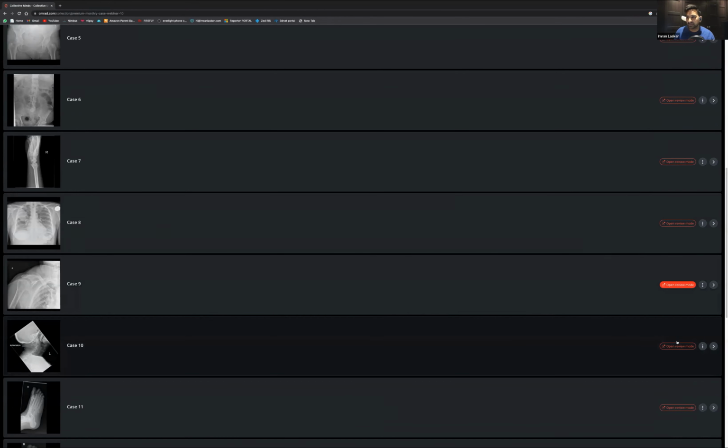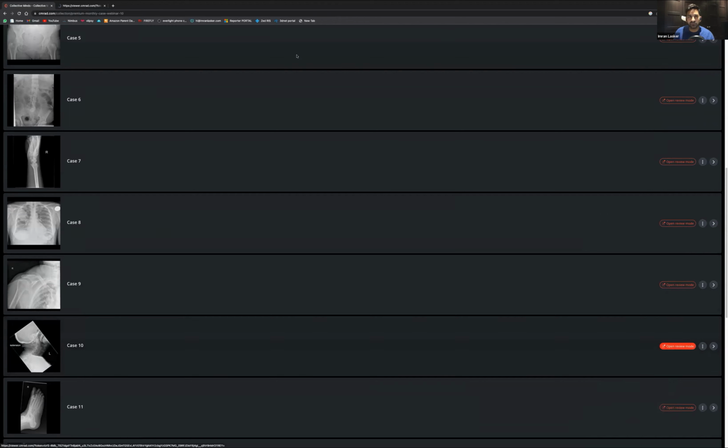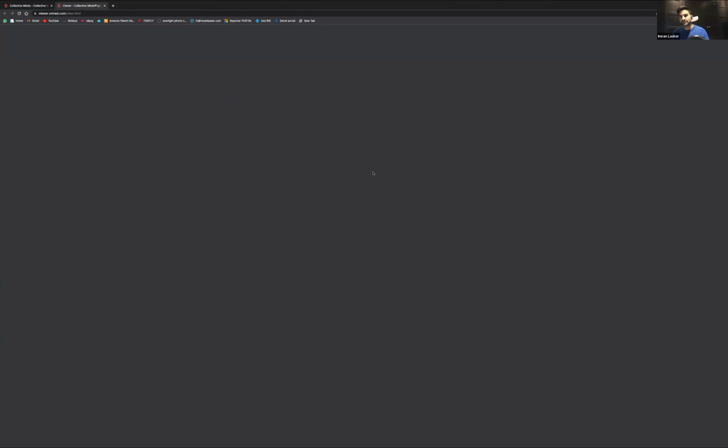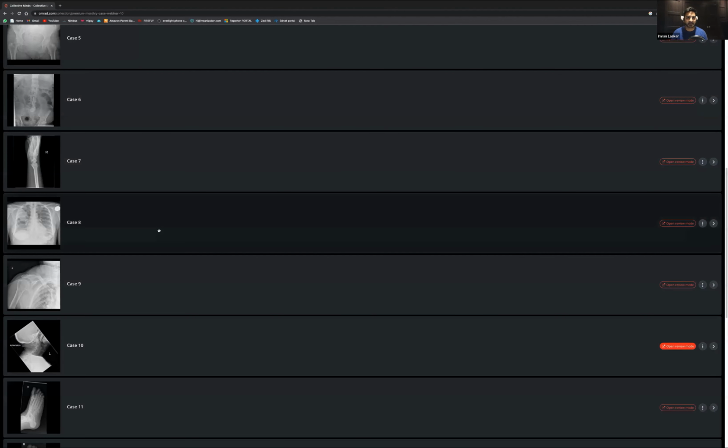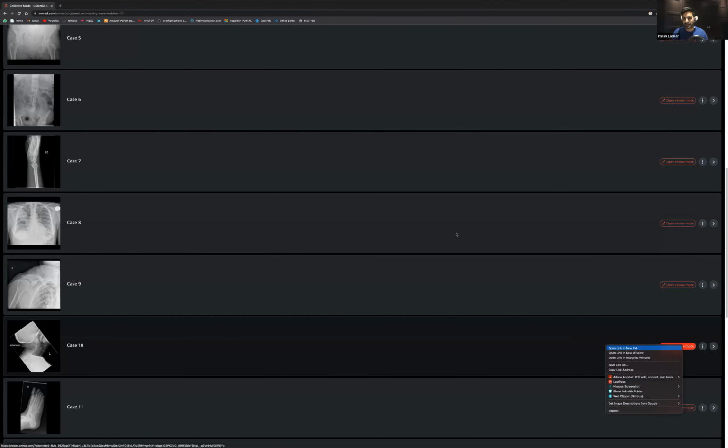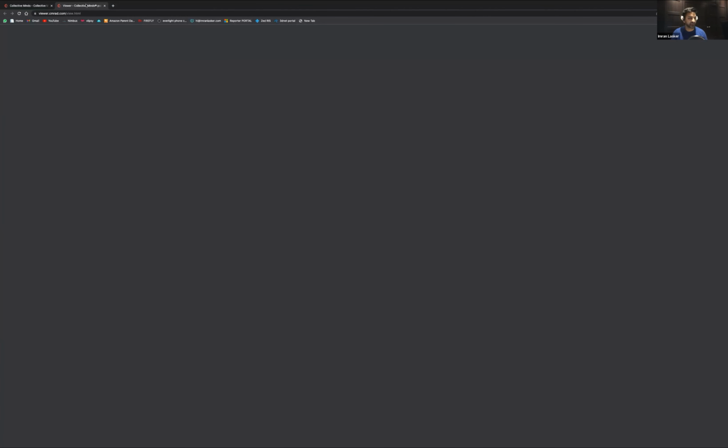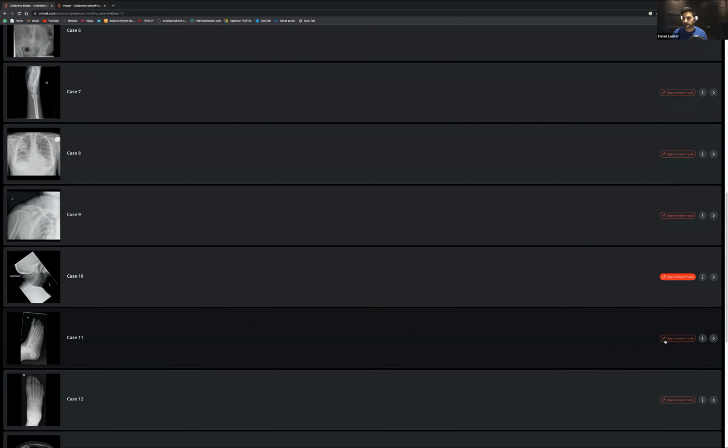Right, let's have a look at this one. Now, C-spines can be really, really worrying. Generally speaking, these days, when someone comes in with significant trauma, you just end up getting a CT, don't you? But I think maybe C-spines may be a bit of a dying art, because if someone is worried, you just get a CT scan. For some reason, that's not loading up just yet. Don't worry, we'll just go to the next case for now.